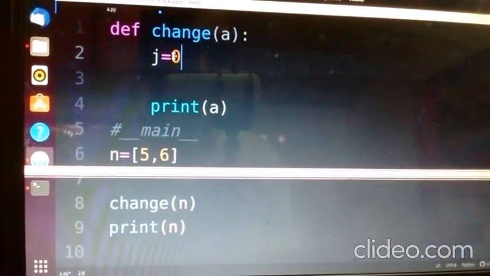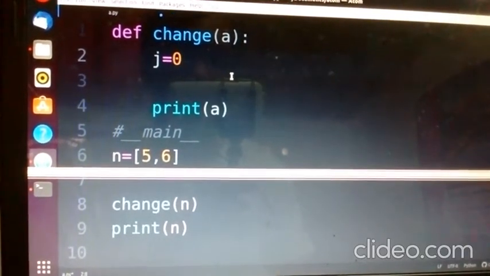For that, first I create a variable j equal to 0. This j is used to iterate the index position. So what is the first index position? 0, then 1 and so on.